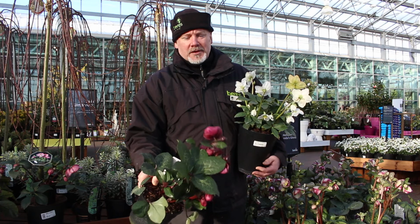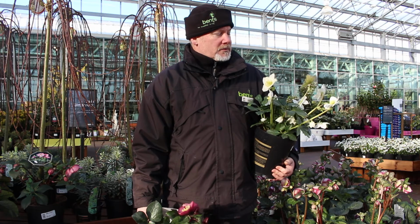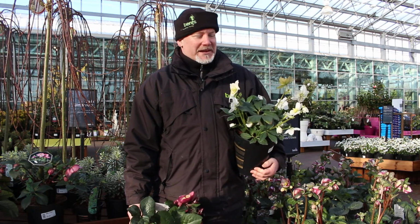I've got a couple of really beautiful Hellebores in my hand, and I've got some more lovely ones behind me. Hellebores are real star performers in the winter garden. The one in this hand is often called the Christmas rose. Not sure why, because it doesn't really look like a rose, and it's usually not in flower for Christmas, but